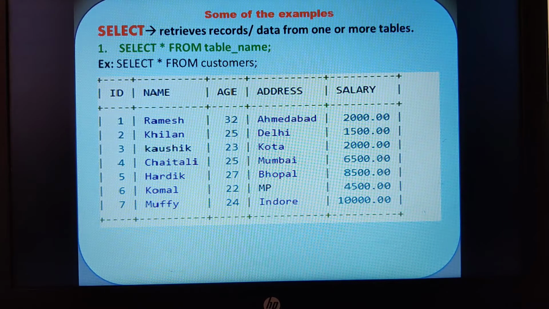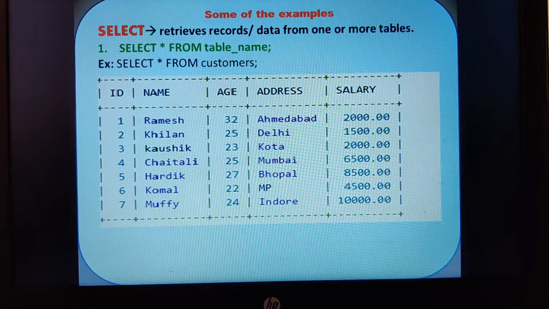But before I start with the logical operators, I'll show you some examples so that you can see how we have used the select command to retrieve records from the table. We have different kinds of uses of the select command. Mainly, based upon a condition you can retrieve the record, or based upon a matching value you can retrieve the record, or it will also help you to completely display the contents of a particular table.